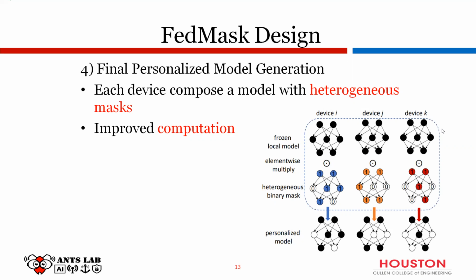But what these people are doing is they're cutting off the last part. They're just taking part 2, and they're only sending the mask per round, and then they're doing the aggregation of the mask itself. And in the end, they apply it to the model and they get the model parameters. So that's how the weights are pruned, and they have a very personalized mask, and that's how you get a personalized model.